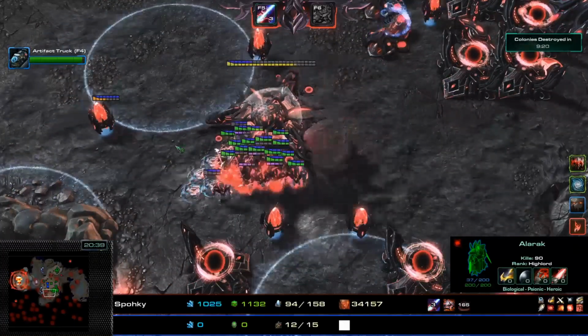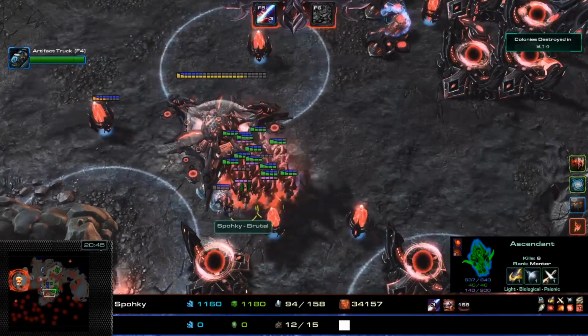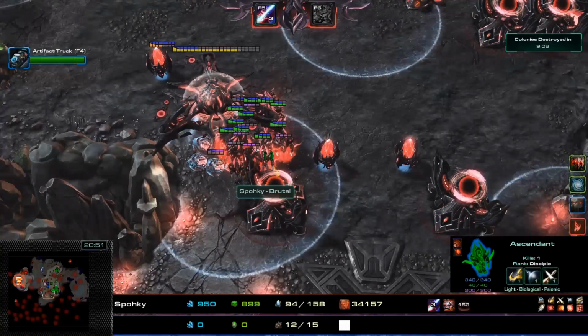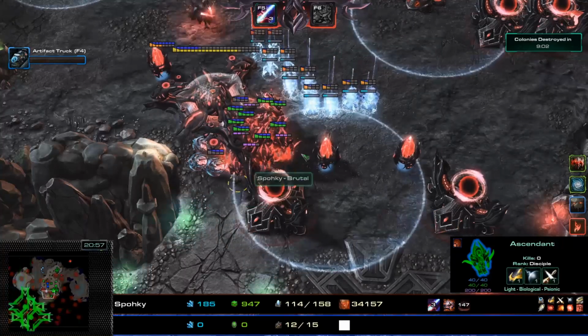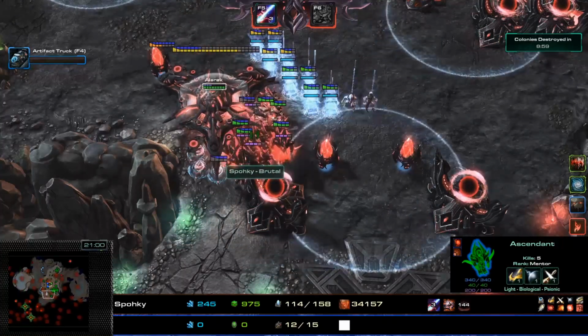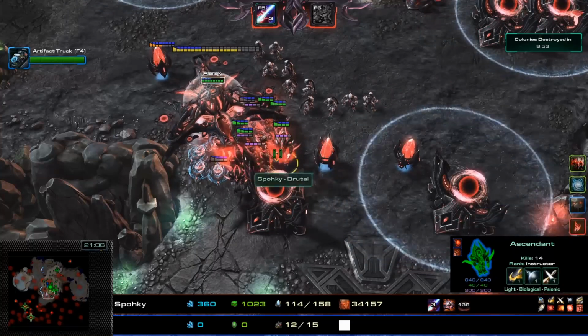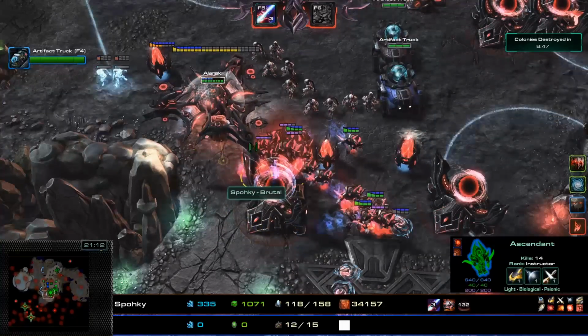Make some Ascendants, build some Supplicants, give them those power overwhelming stacks, and basically delete the enemy units in the bases here. So this Ascendant was just a freshly warped Ascendant. I'm just trying to have a look and see what his power overwhelming stack count is. He has a 6 stack Ascendant over here. We have a few 3 stack Ascendants. That's an 8 stack Ascendant here. So, you know, the power overwhelming is the Ascendants